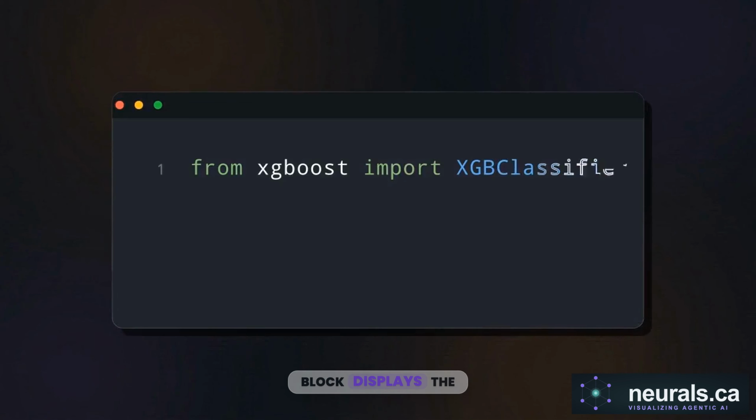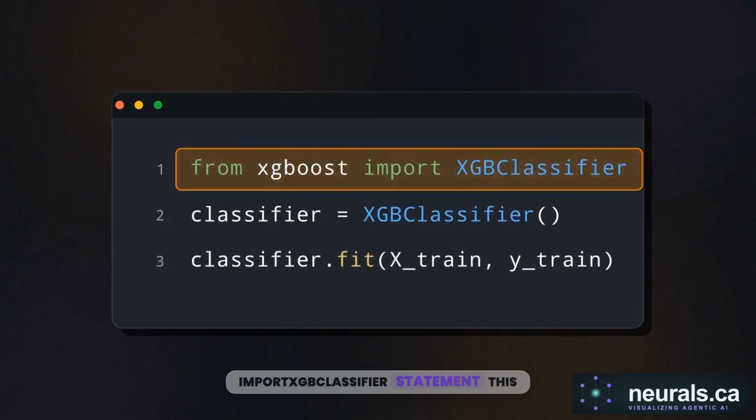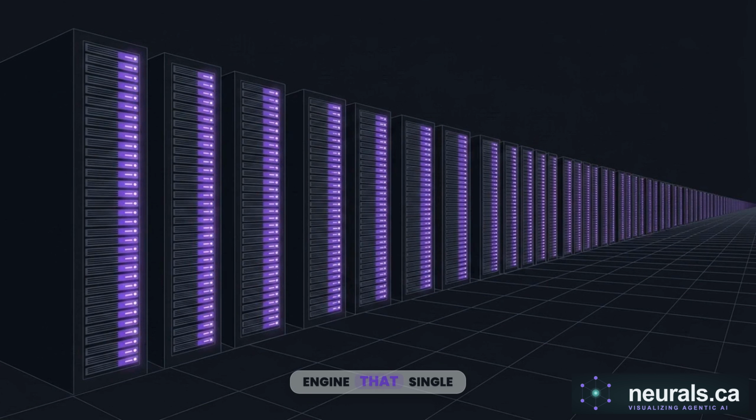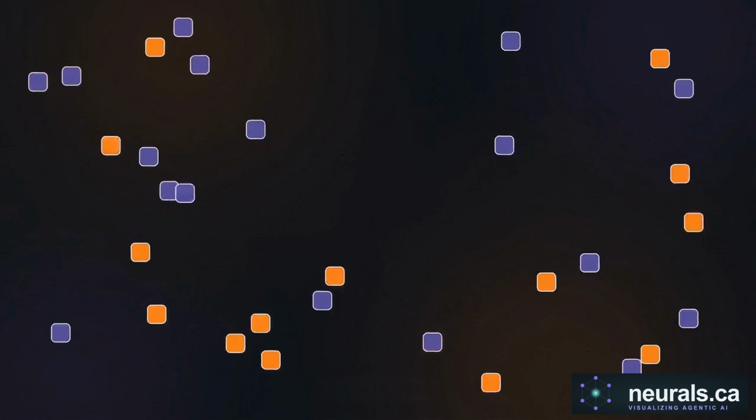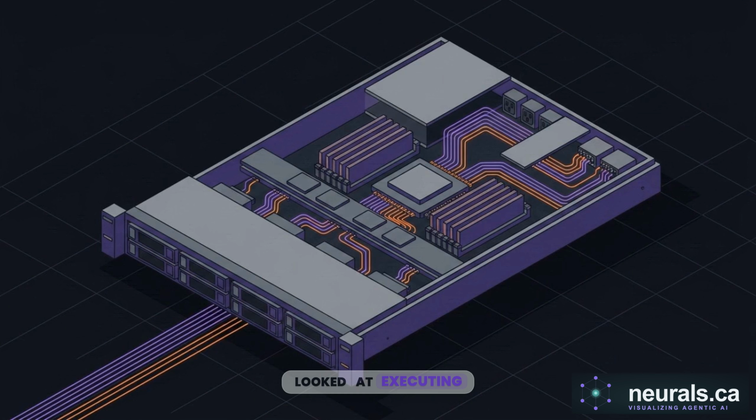This code block displays the initialization of the algorithm. Look closely at the from xgboost import XGBClassifier statement. This Python class is actually a wrapper controlling a highly optimized, low-level C++ engine. That single import grants you access to enterprise-grade parallelization. It handles all of the heavy n-log-n sorting logic we just looked at, executing entirely under the hood without requiring